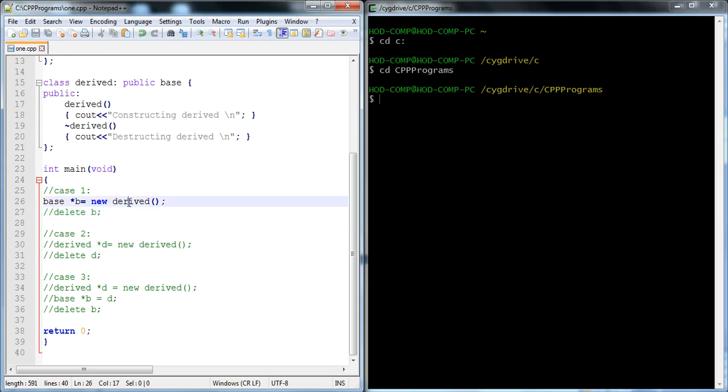We create the base pointer and assign the derived class constructor to it.